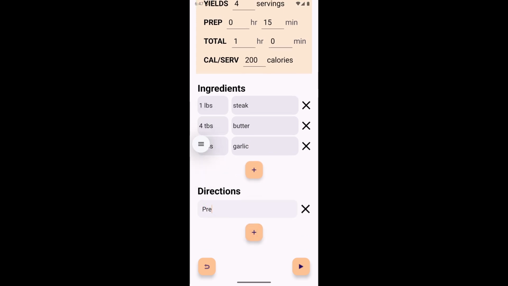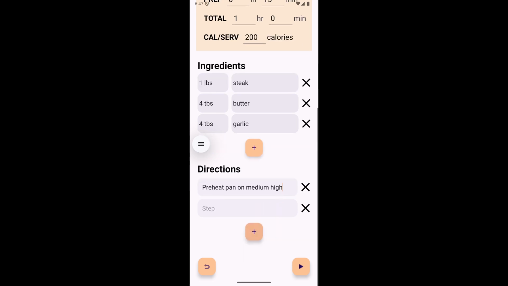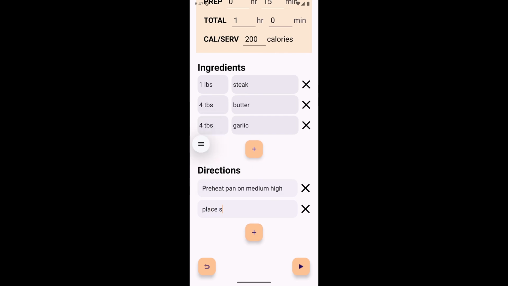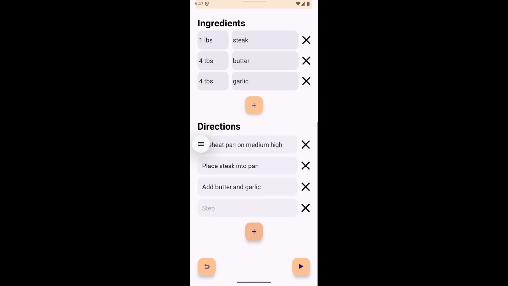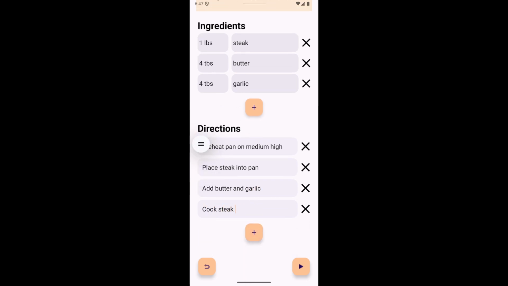For example, preheat pan on medium-high, place steak into pan, add butter and garlic, cook steak until golden brown,